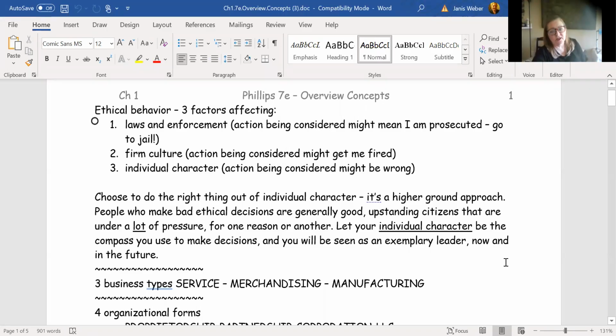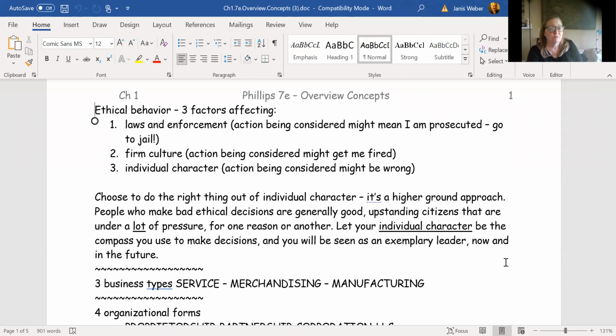Okay, so the first thing we're going to talk about before we get into the actual material is the need for ethical behavior. When I talk about accounting, I always like to stress the fact that we need ethical behavior in accounting, because as accountants get more educated and they go out into the workforce, they get a lot of authority handed to them because they're the ones who know how to take care of the books and manage the financial statements. So there's actually a lot of responsibility on the accountants, and there's also a lot of opportunity for